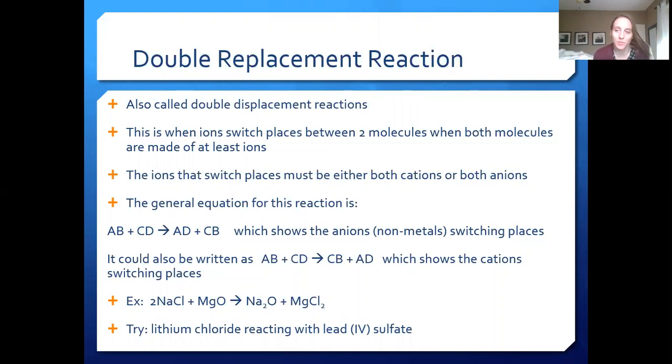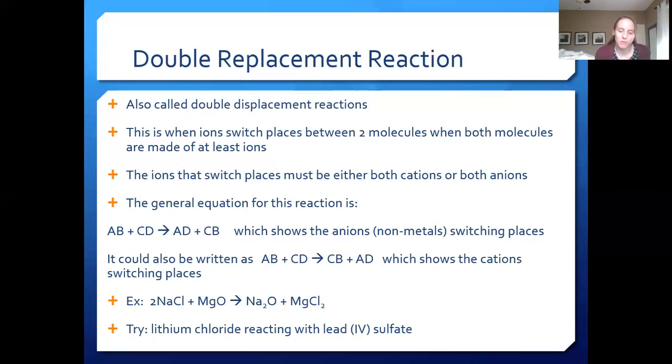So with lithium chloride, we cross our charges. They're each 1. We don't bother writing it in. With lead sulfate, sulfate is SO4 and has a charge of -2. And so when I cross my charges between my lead and my sulfate, my lead will have a charge of +4. I know that because of the Roman numerals there. The sulfate has a charge of -2, and then don't forget, we have to put those in lowest terms. So the 2 will cancel out and we'll leave a 2 where the 4 is. So that's where we get the